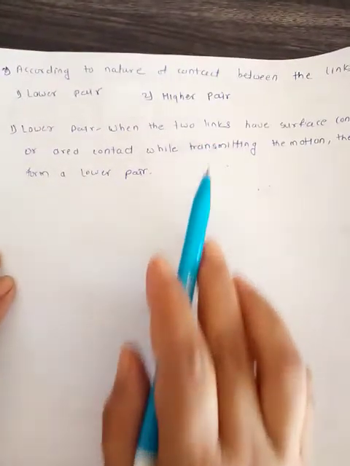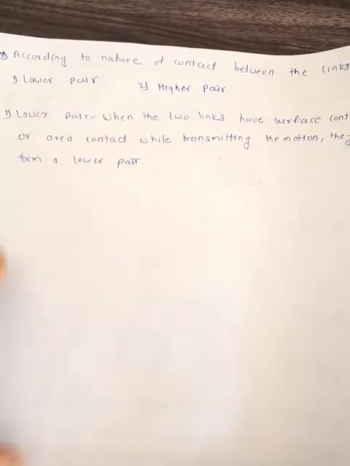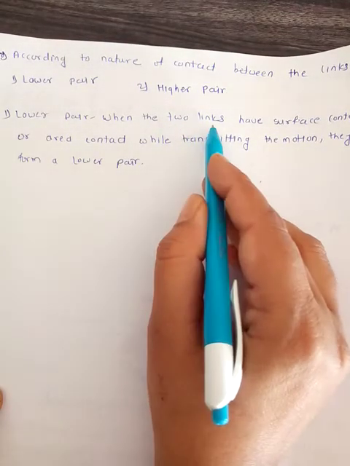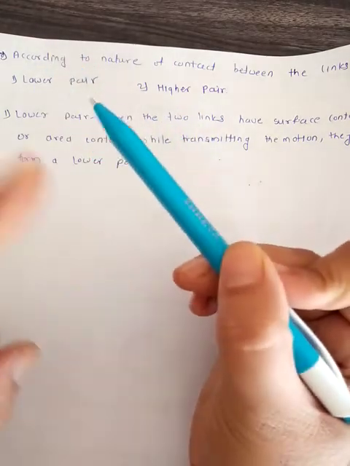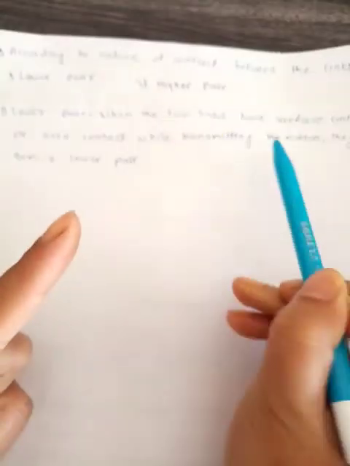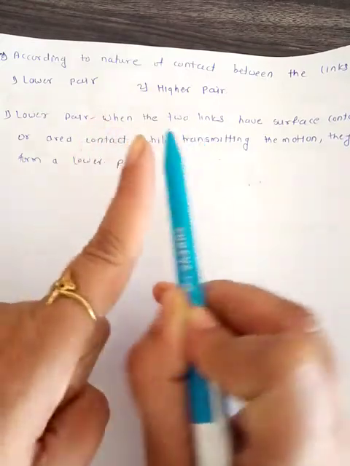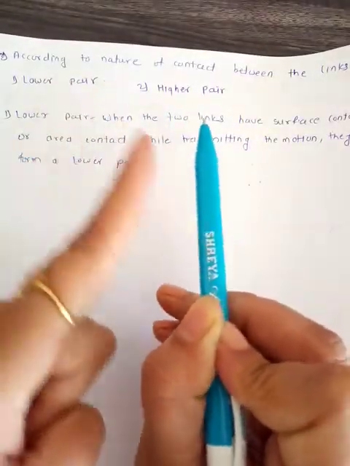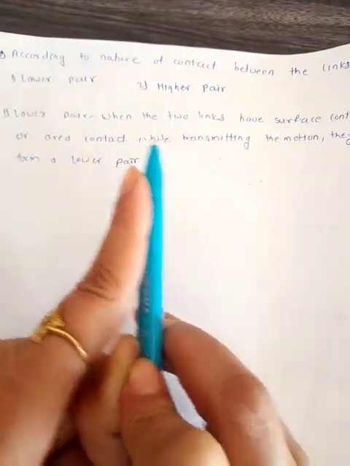What is the lower pair? When the two links have surface contact or area contact while transmitting the motion, they form a lower pair. There will be two links. Suppose this is one link and this is the second link, and they have surface contact. This surface will be in contact with the other link, an area contact,